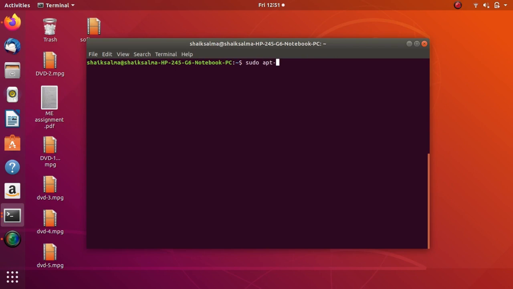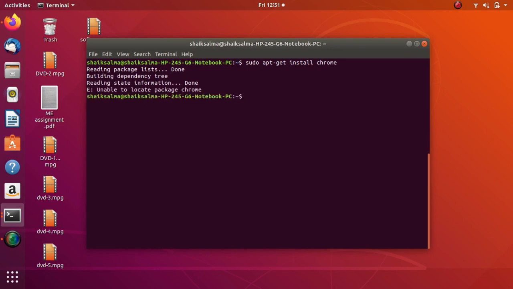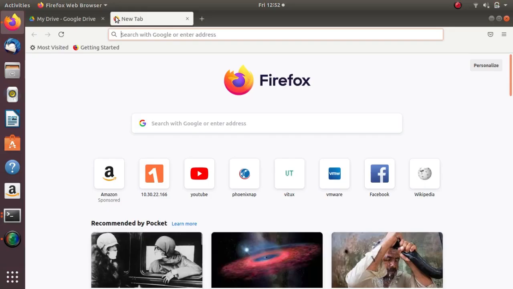Okay, sudo apt-get install chrome. You can see here, unable to locate package chrome. Here Chrome has some packages to install. It will be installed by another method, like you have to install the deb file. For that, go to browser